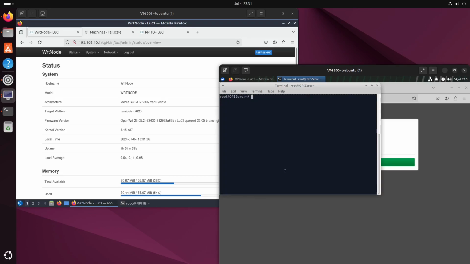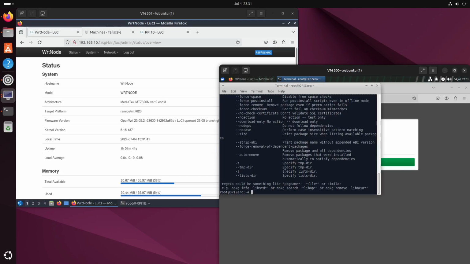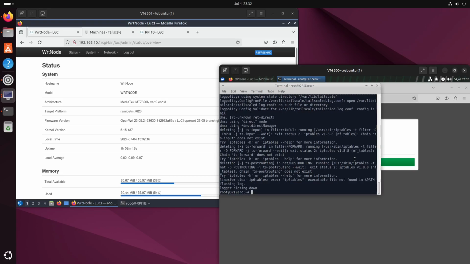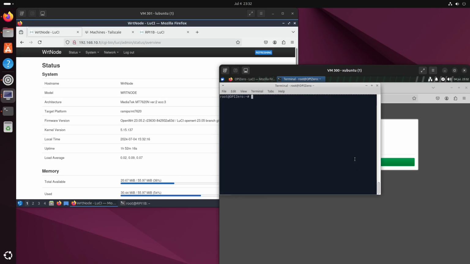And install Tailscale and iptables-nft. opkg install tailscale and iptables-nft. Okay, now same to get Tailscale up and running. Tailscale up